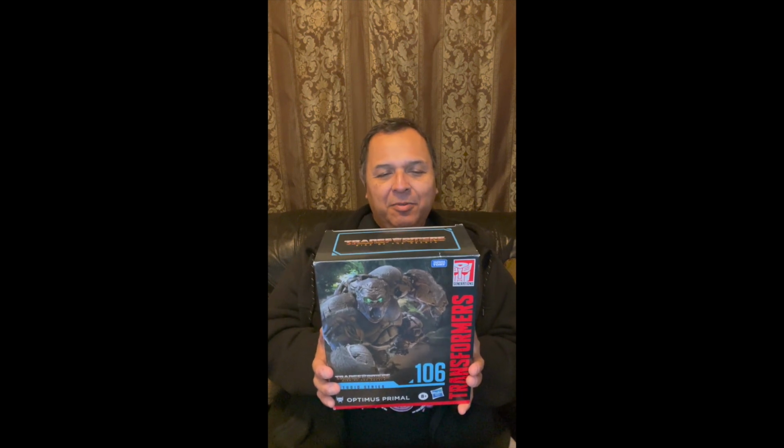So I really like this figure, and I do know that DNA Designs has an upgrade kit to turn this Optimus Primal into Ape Link. I'm not that emotionally invested in Ape Link, though if I have an opportunity to grab another Primal, I'll get the DNA kit, put it on there, and do another review for that. But in the meantime, I like this one. So this one takes the number 1 spot. But that is my list for the top 5 of